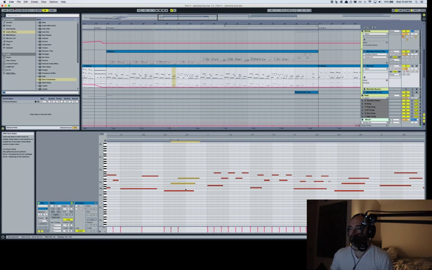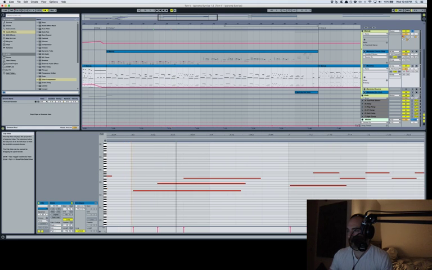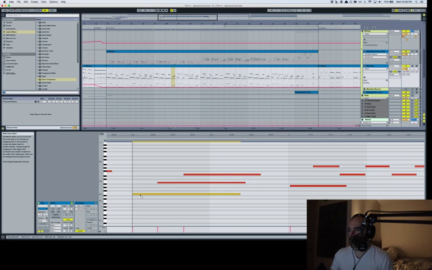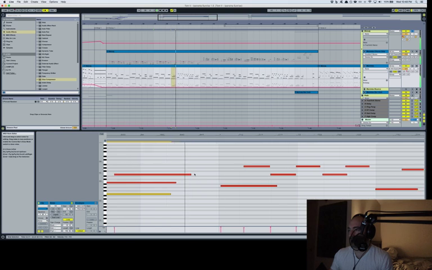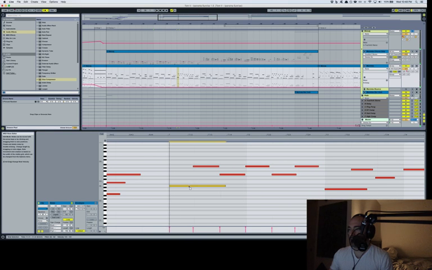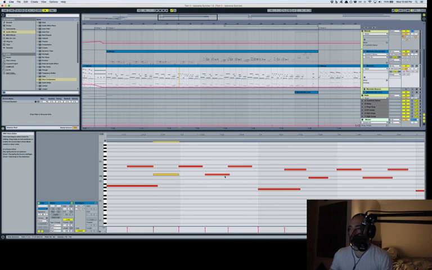So there, these are... Those are pretty on. Yeah, this I'm going to want to tighten up. So see how this one was late and this one was early? Let's get this one on. These can be a little bit early because that's going to give it a nice little driving